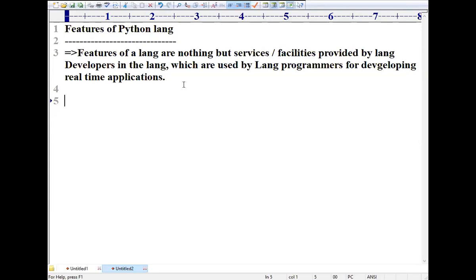So try to note down this point. Features of a language are nothing but services or facilities provided by the language developers in the language, which are used by language programmers for developing real-time applications. How many real-time applications have I already shown you? More than 11 to 12 applications I explained, I showed you already. Right? Now, what are those